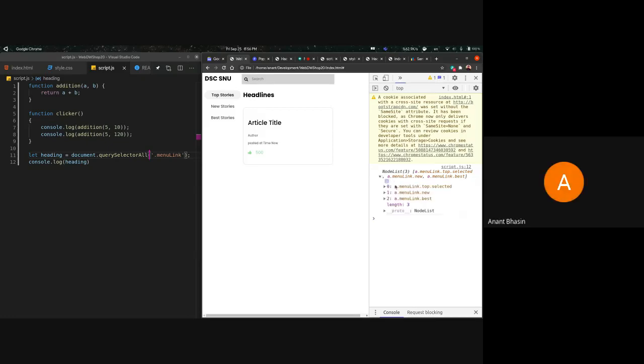So this gives you a node list in particular, and all three elements are available over here. Right. So now what we're going to do is select the element which has the value of headlines and change it according to the on-click function that we do on every single menu link. So I'm going to make a function for that,